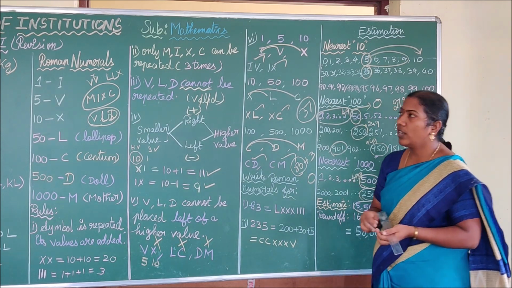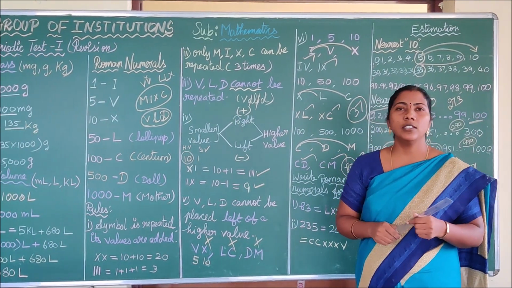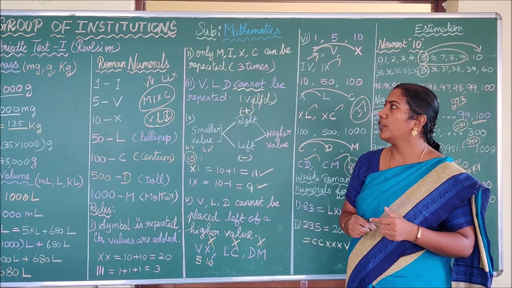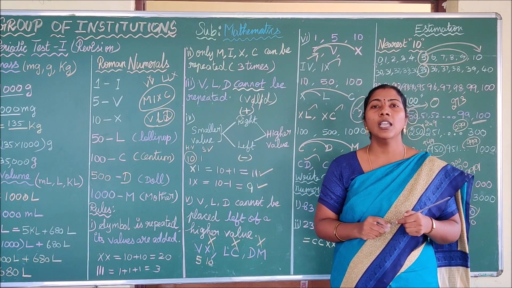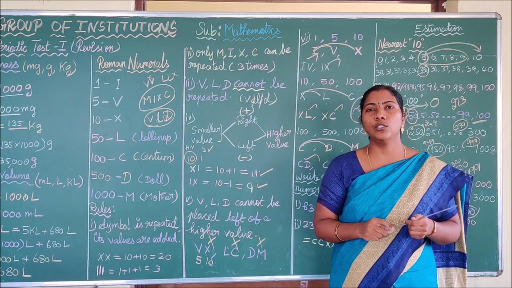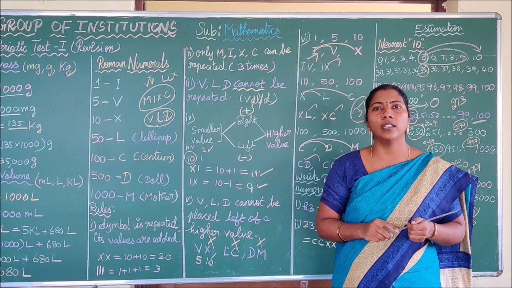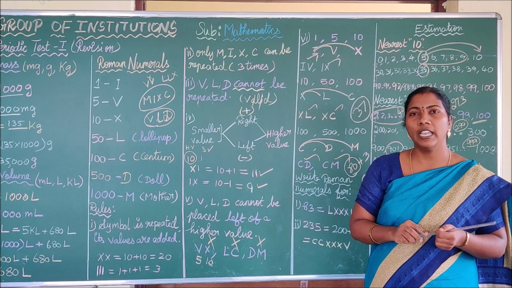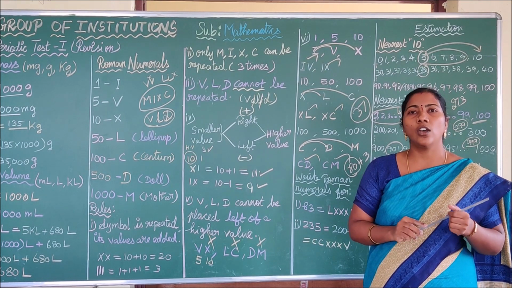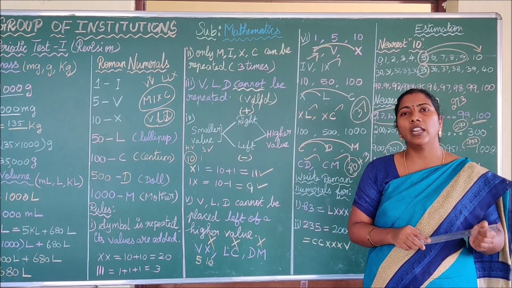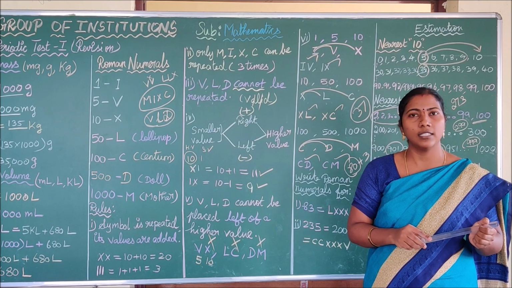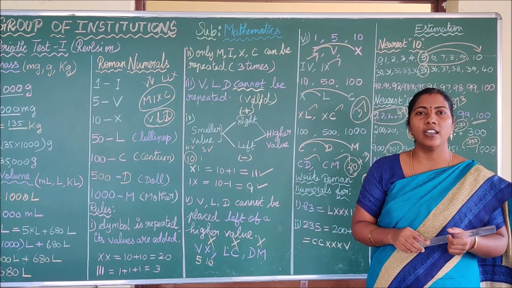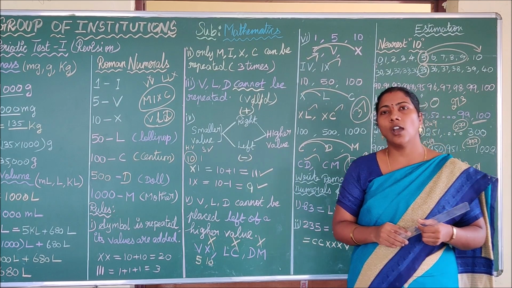So far we have discussed the Indian system and international system, as well as conversion of units, Roman numerals, as well as estimation. These are the topics you have to be thorough in before writing the quarterly examination. You have to use a blue ink pen to write the answers, draw the finishing lines, and do the rough work if the sum is necessary. Write your exam very neatly and clearly. Okay, thank you children, all the best.